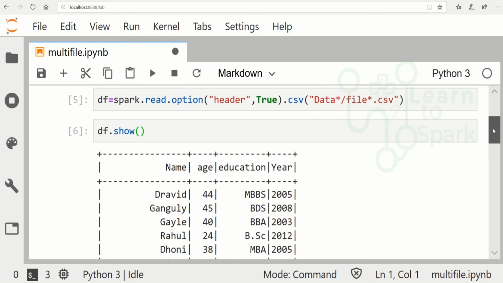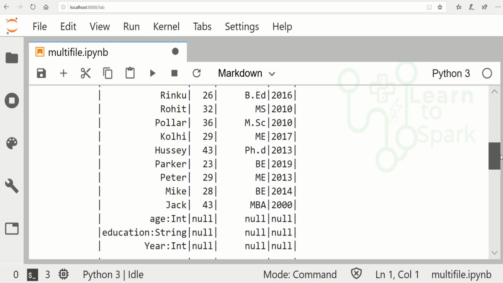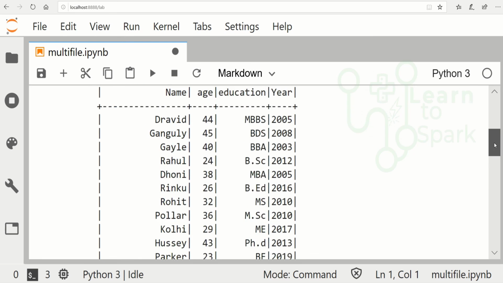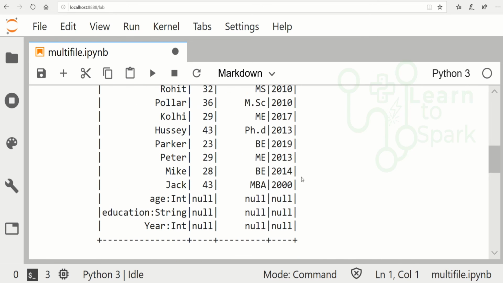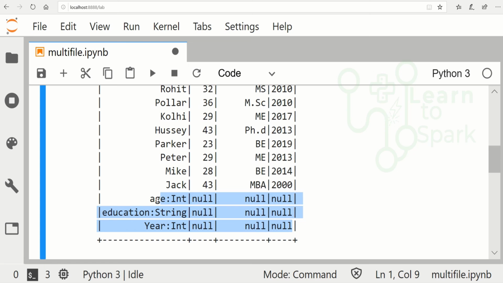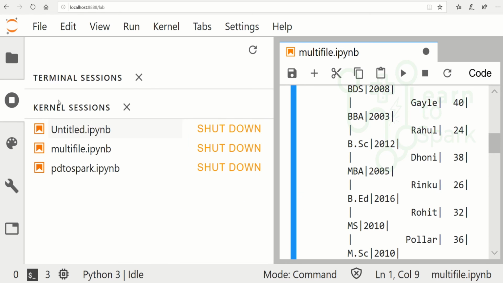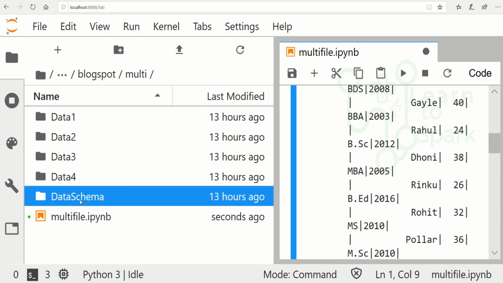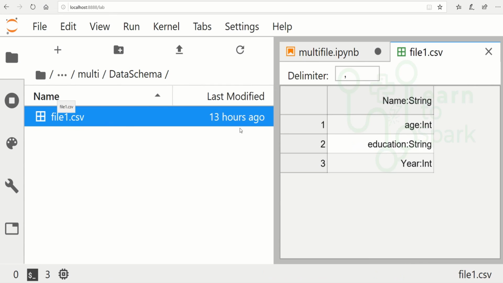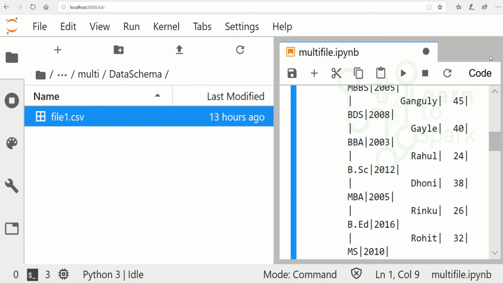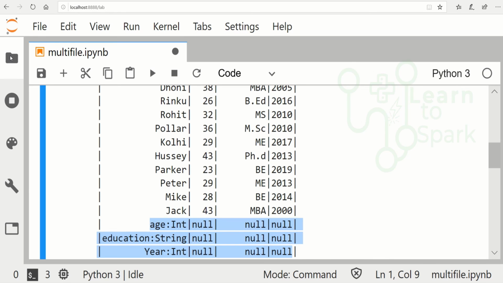But the thing is that the content inside data schema is not matching with the other files. So obviously we will be getting a mismatch in the content, and here you can find that.